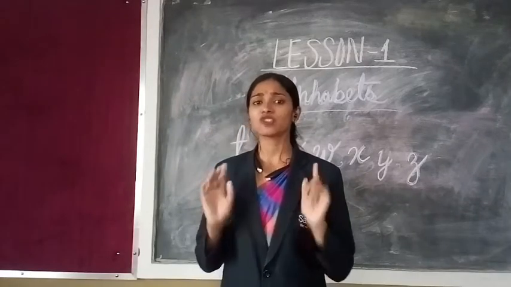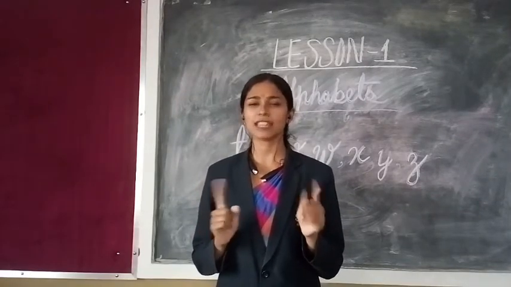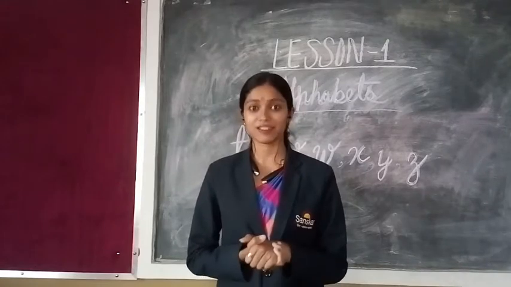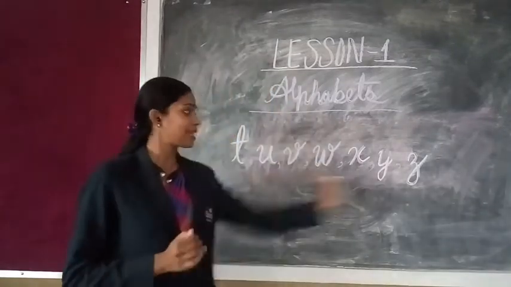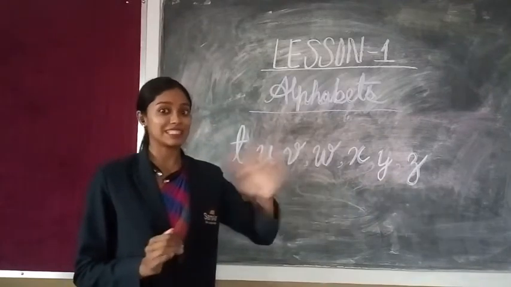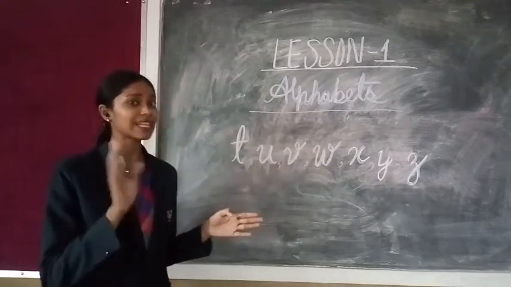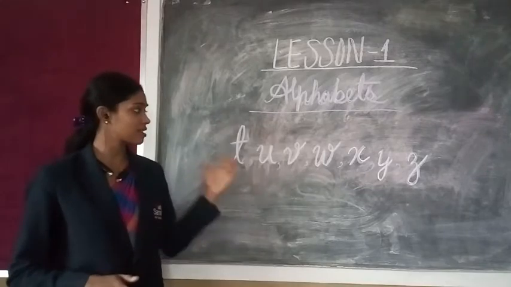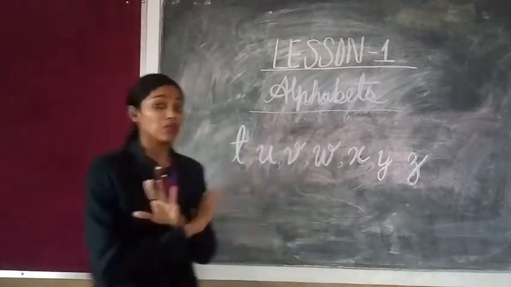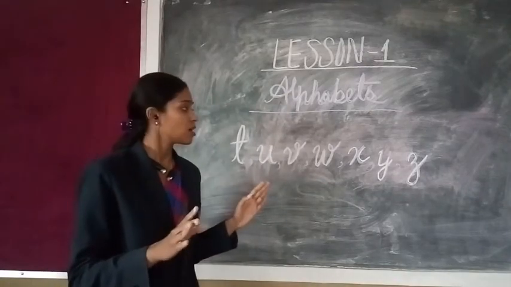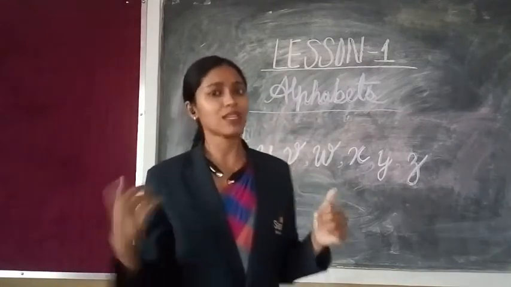So, my dear students, today's class is going to be the second last class of lesson alphabets. Okay, how? Let me tell you how it's going to be the last class, because today we will complete the cursive small till Z. Yes, in last class we did till S, and today we will do another letter, that is T, U, V, W, X, Y, Z. So, with this we will finish our alphabets lesson and we'll do some more revisions in our next class.